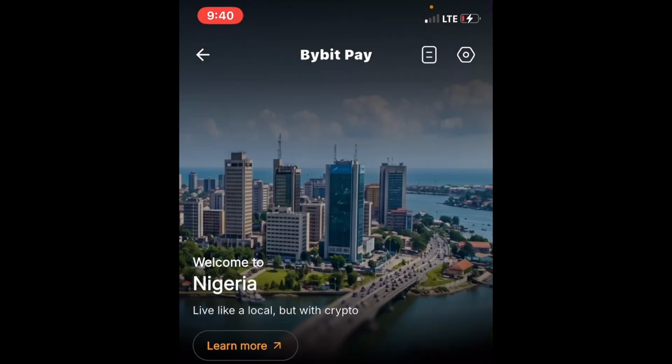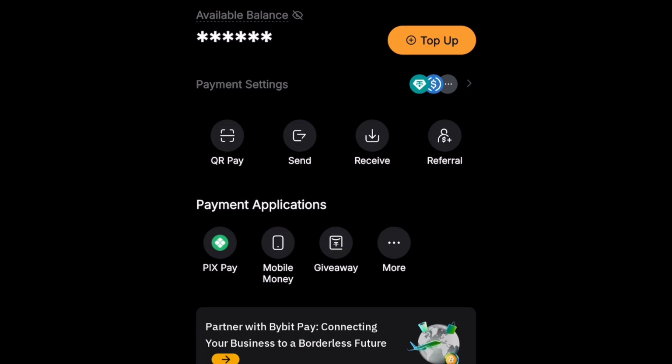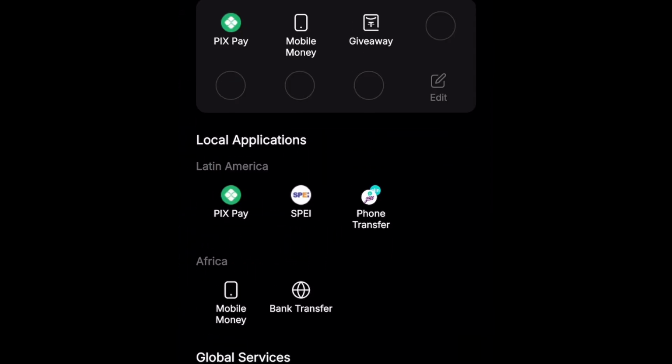Once you come to this place, you are going to scroll down. Then you click this place that says payment application. You can see, click on more. Under payment application, you're going to see more. Once you click on more, you can see Latin America. If you are from